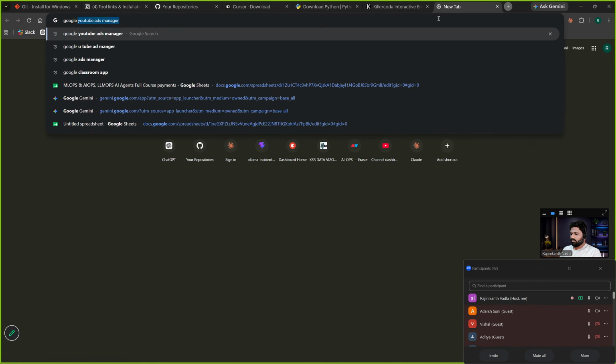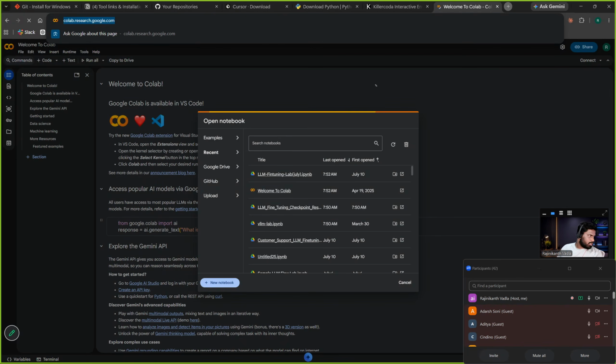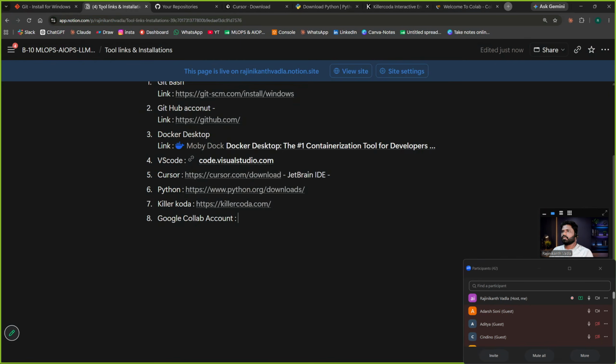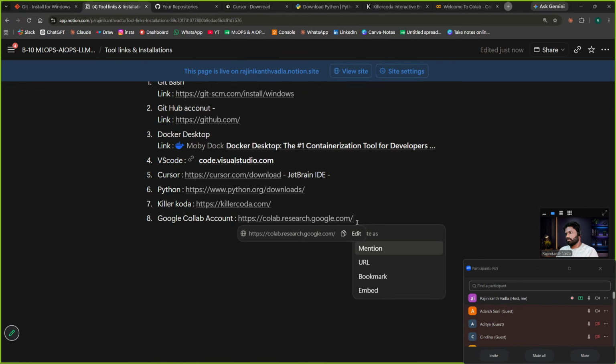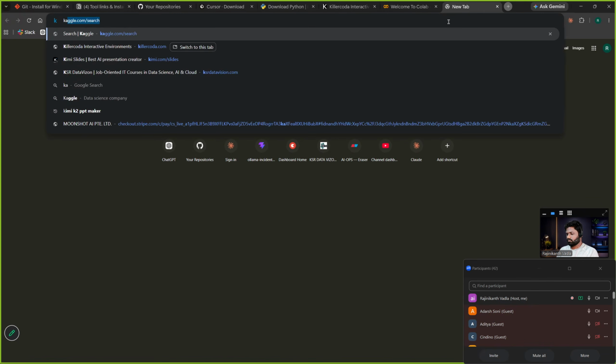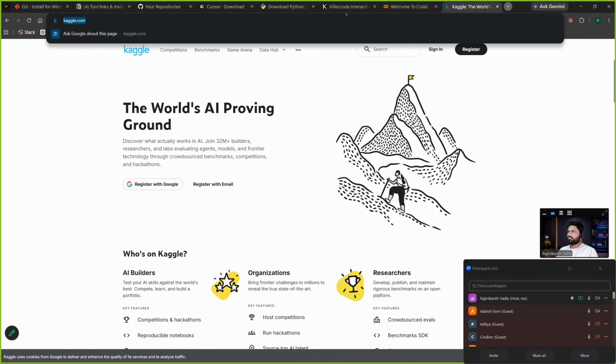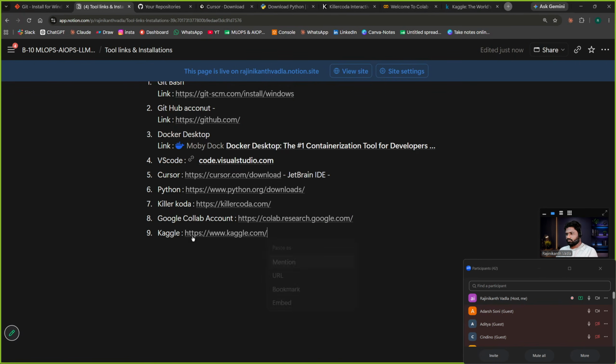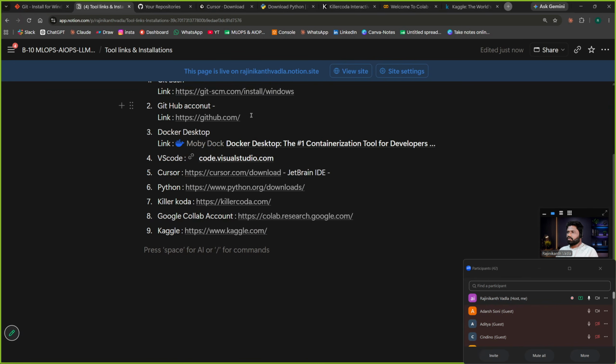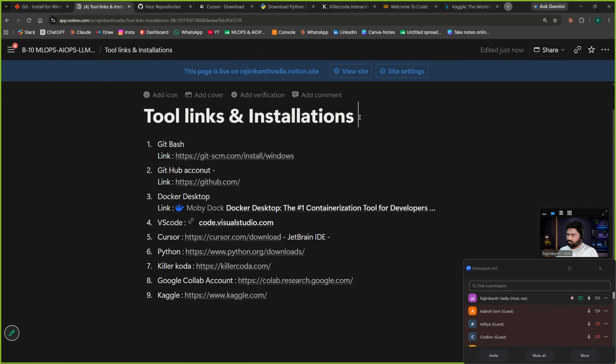Google Colab, this one, you also need to create. And Kaggle. So these are mandatory.